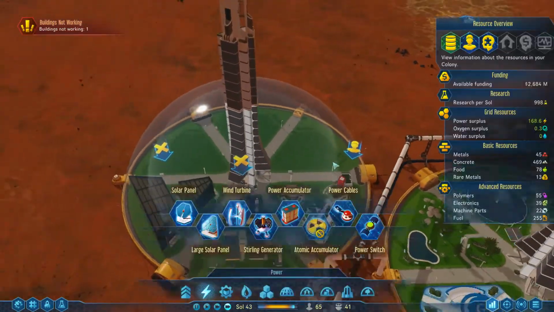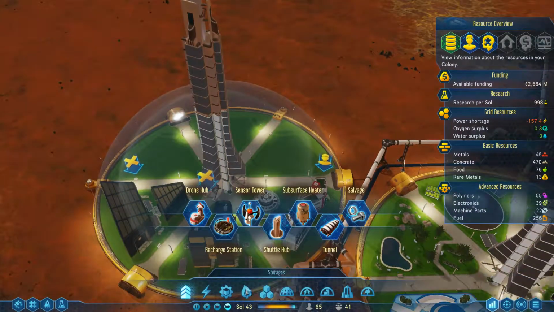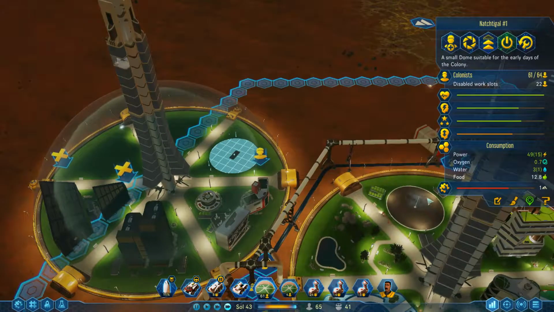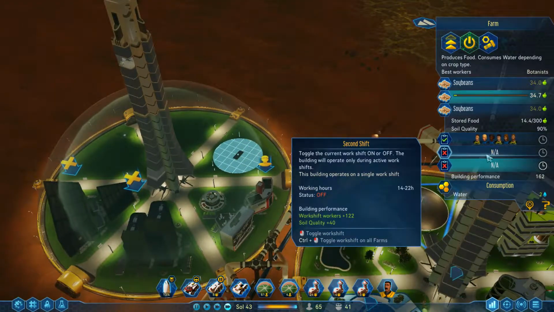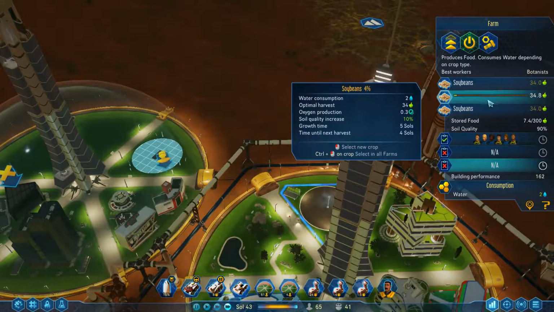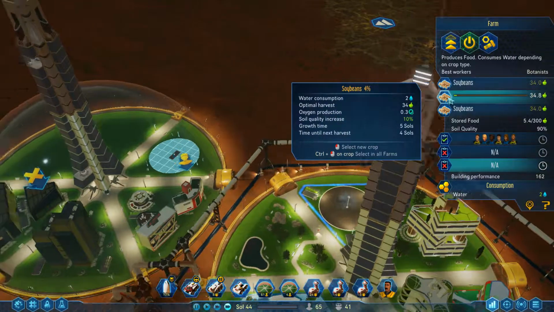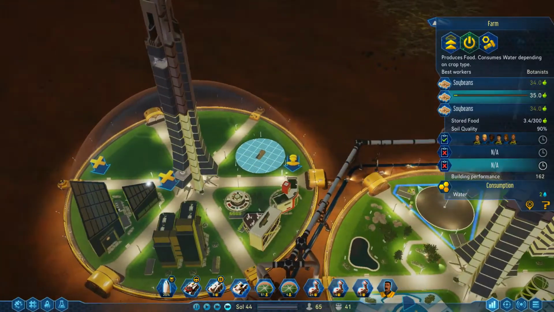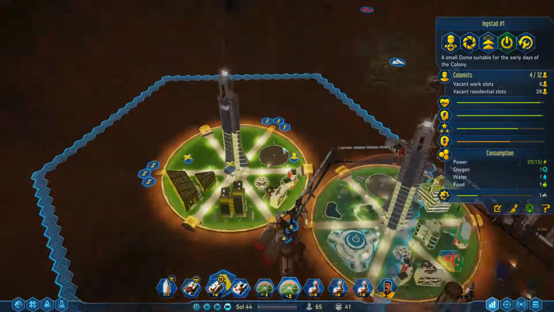And I kind of want to... Since this is going to be a production dome, we might as well get another farm in here. Yeah, why not? Okay, cool. I've never really seen the point of having multiple shifts for the farms. I mean, the max output for this is 34. And we're getting 34.8 at present. So, it's fine. I mean, you can get more, obviously, but I like having